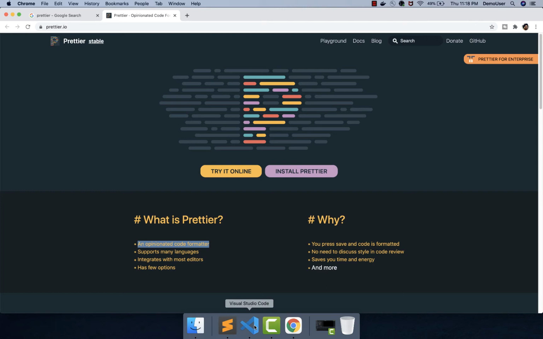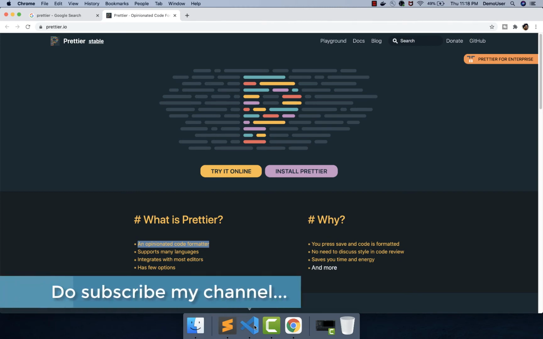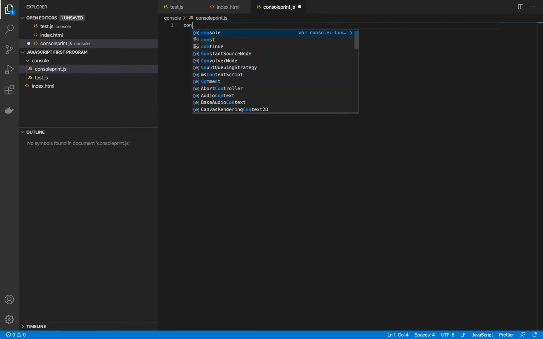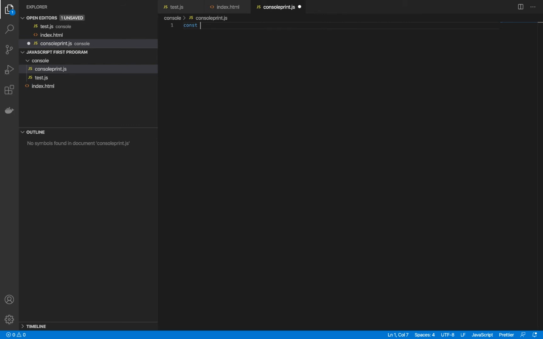So for that only Prettier is used, and it is also very important because if you have this plugin installed, and I'm using the same plugin, then both of our code will look almost the same because we're using the same Prettier add-on tool. So now I'll go back here and show you the difference. So let's say I want to type something like a constant variable. I will create and I will say my name, and I will say Gaganpreet, right? So you can write it in single quotes, you can write it in double quotes, you can write anything.